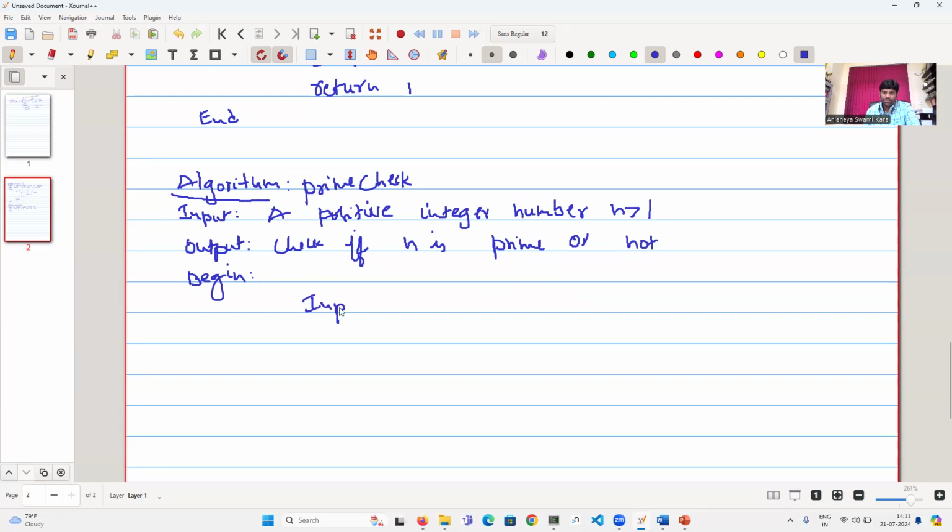Input n. If n less than 2, then output invalid input and stop. And if